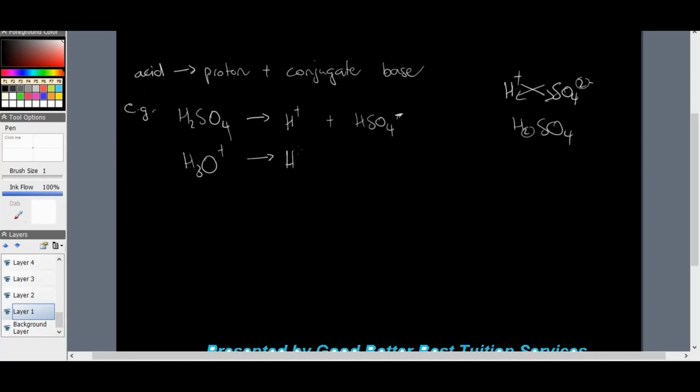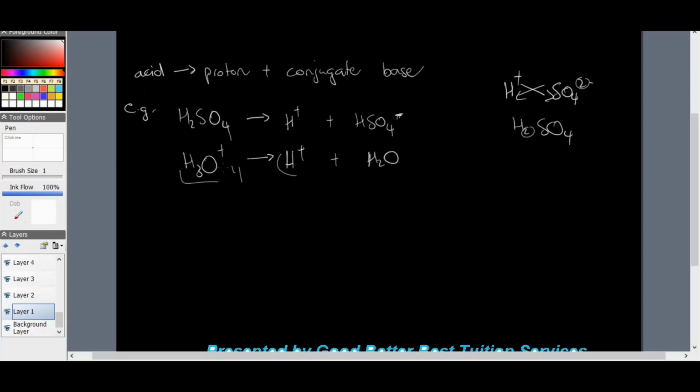Anyway, we have the proton plus water, because in order to get to H3O+, water would need to act as a base to accept the proton to form the acid, which is H3O+. Same over here, HSO4- would have to accept the hydrogen proton to become H2SO4,